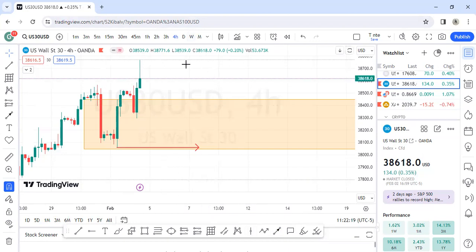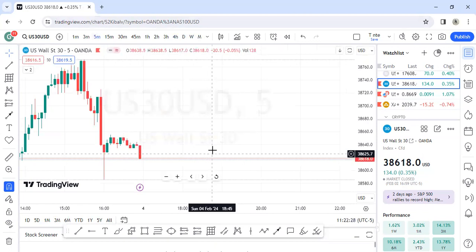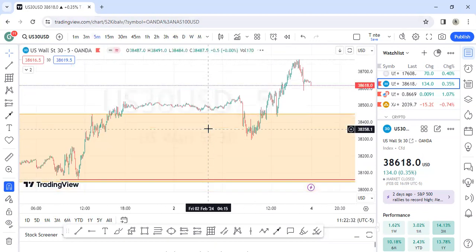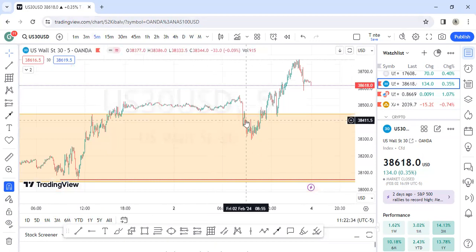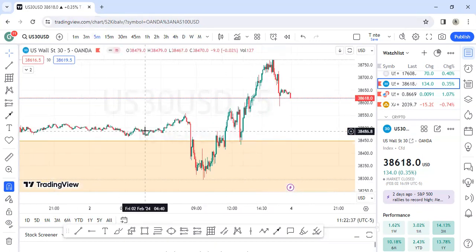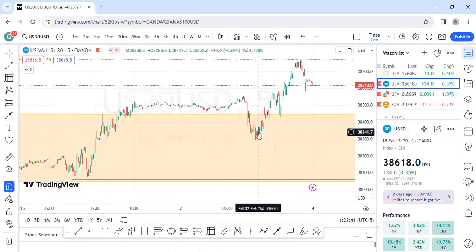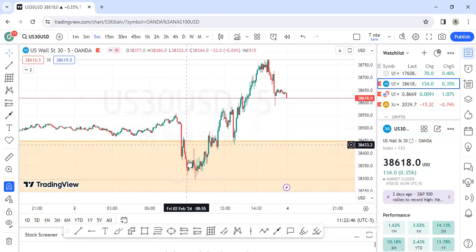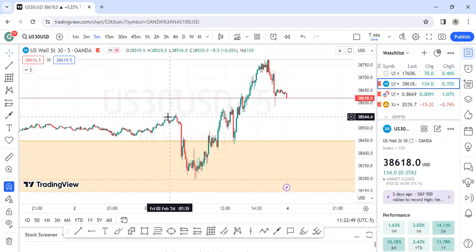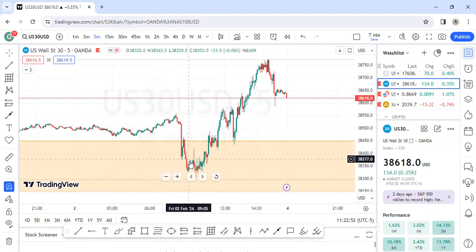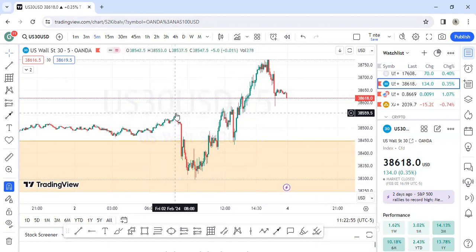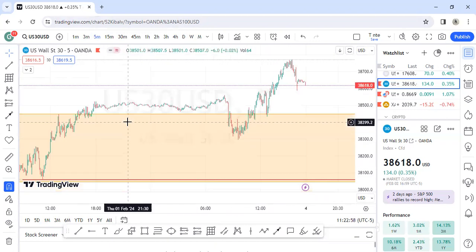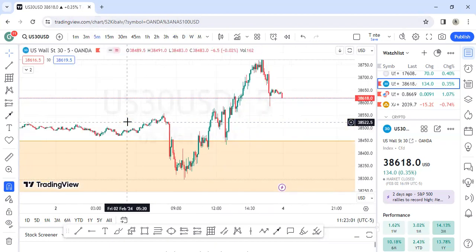On US 30, the best thing is to always wait for lower time frame structures, like we had on Friday. Like on Friday, we had the market do what? The market swept lows, swept all these lows and then gave a break of structure down here. So the market opened, rallied down, broke structure, went below, and then ran back up to take out this high. So there was nothing really clear for me on Friday. I didn't take a trade on Friday. So that is basically it.